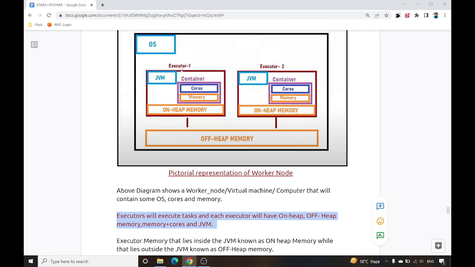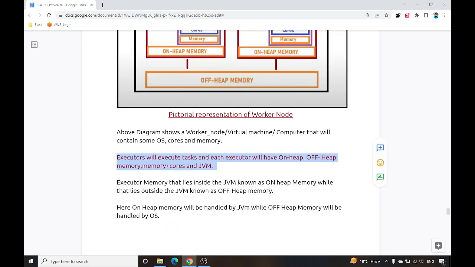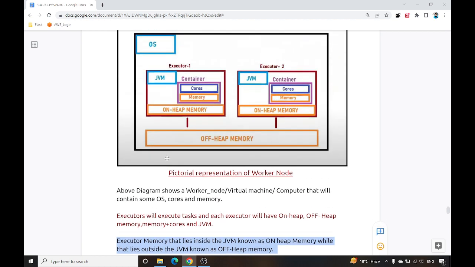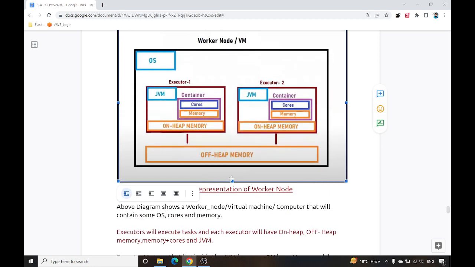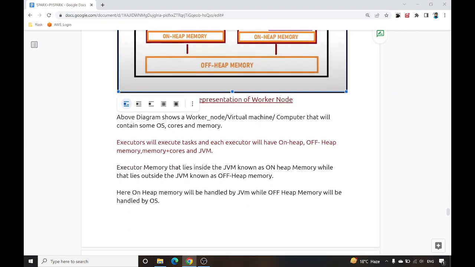You can see here inside the executor we have JVM, we have core plus memory, we have off-heap memory. Executor memory that lies inside the Java virtual machine is known as on-heap memory, while memory that lies outside the Java virtual machine is known as off-heap memory. The memory which lies inside this box we call on-heap memory, and the memory that lies outside this executor inside the worker node is known as off-heap memory.